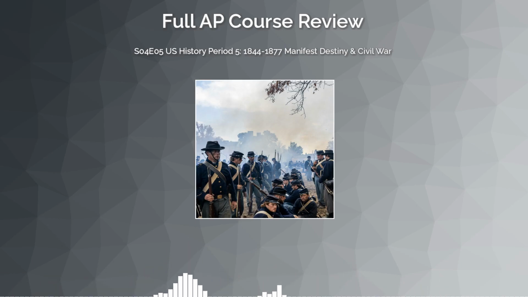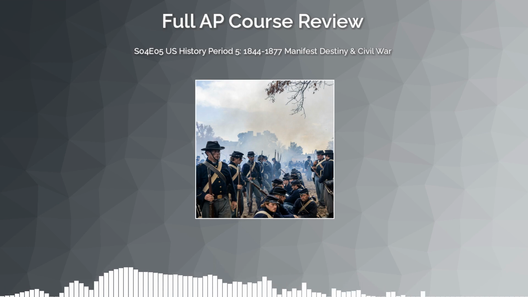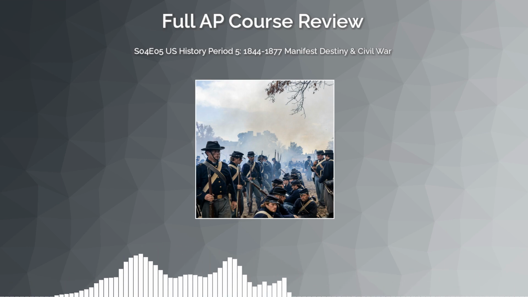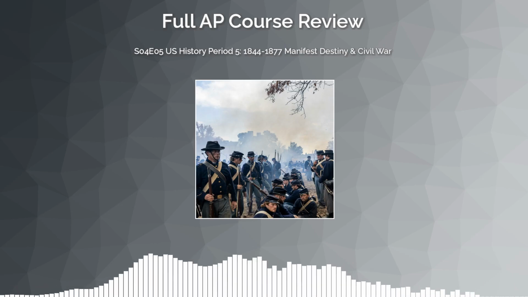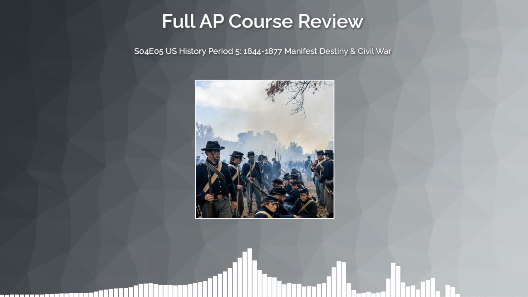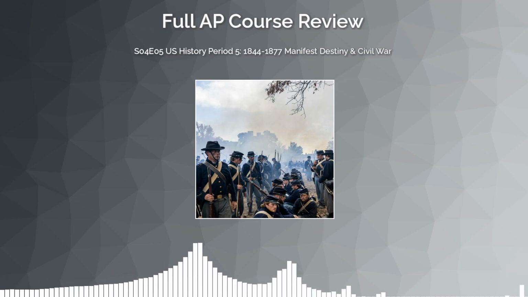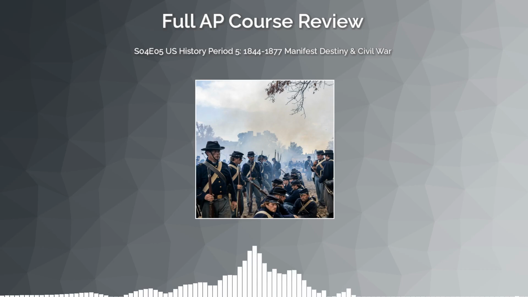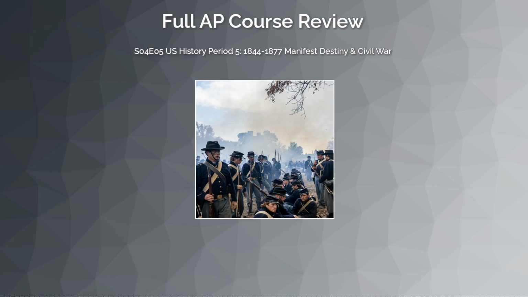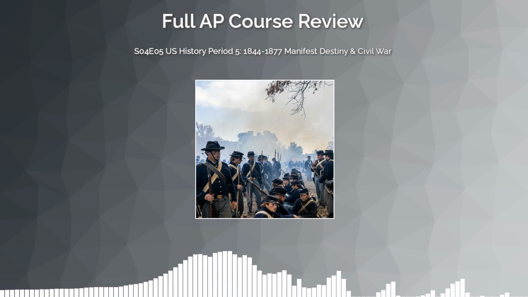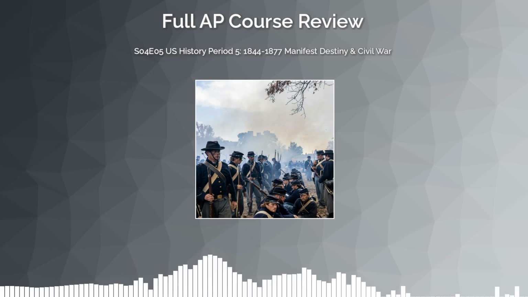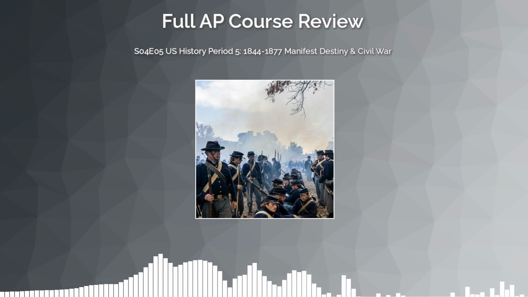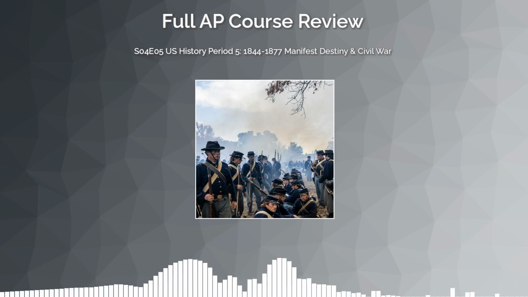The Morrill Land Grant Act, education as federal policy. Don't overlook the Morrill Land Grant Act of 1862, which gave states federal land to sell in order to fund public colleges focused on agriculture and engineering. Schools like Cornell, MIT, and the University of Illinois trace their roots here. This represents the federal government investing in human capital and practical education, another expansion of Washington's role in everyday American life that the AP exam frequently tests.